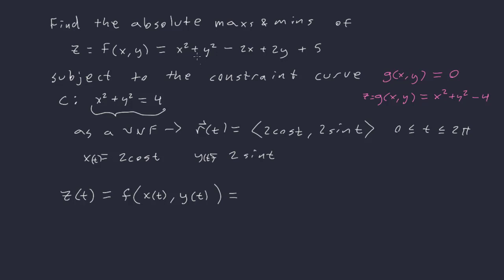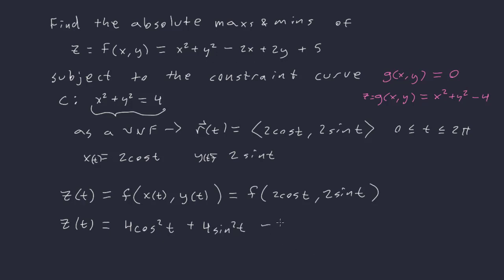Okay, and now we will just replace all of our x's with the 2 cosine t and all of our y's with the 2 sine t. Okay, so z of t will be, well, x squared, that will be 4 cosine squared t, plus y squared will be plus 4 sine squared t,